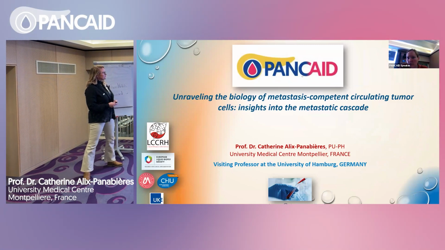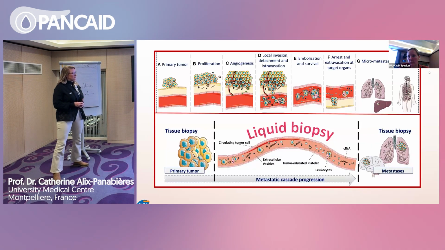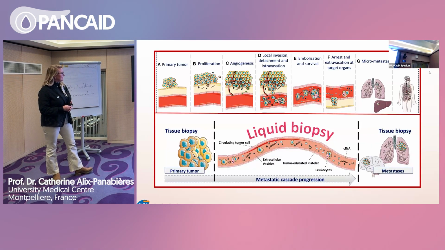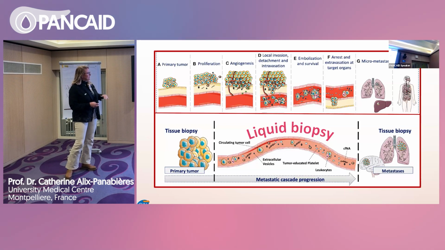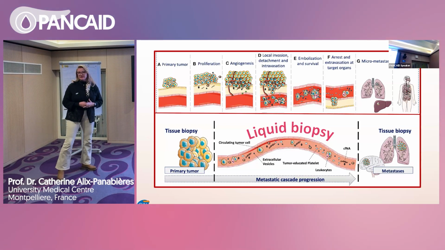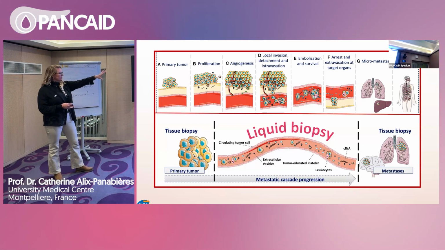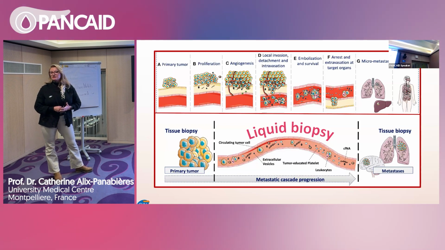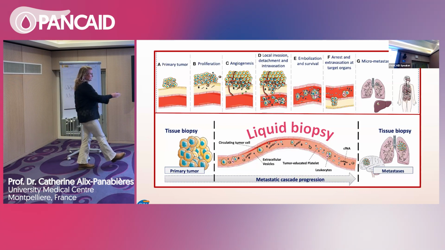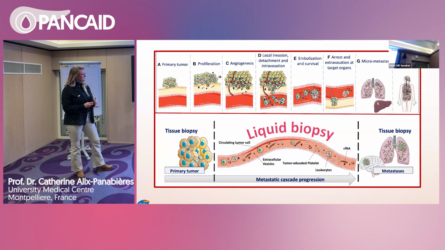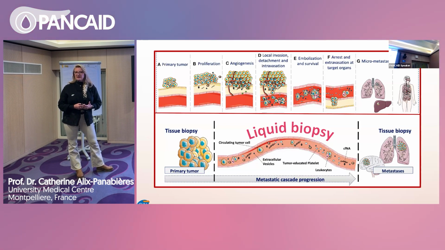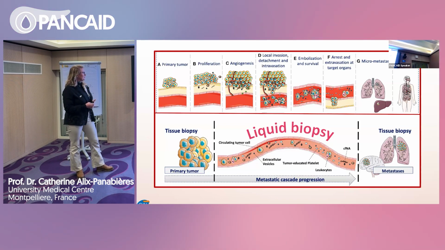So if you see the different steps, I would say, from the metastatic cascade, you see that you have really different key identified steps here. And of course, what we are interested in more is really what is going on in the dissemination of the disease, tumor dissemination. That's why it's really where we would like to understand better what is going on. But you see that you have all these different steps. And of course, it is really a clonal selection. That's why it's an inefficient process, which has always been said by Ann Chambers for many years, who